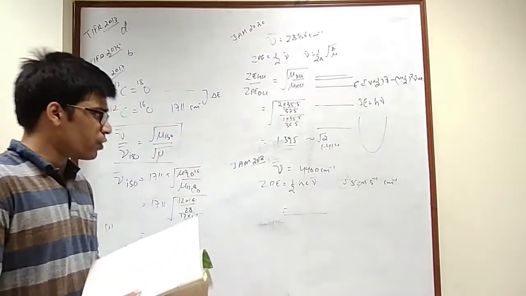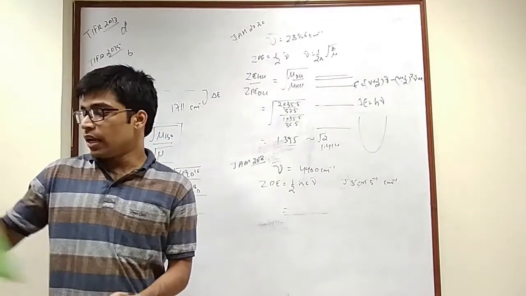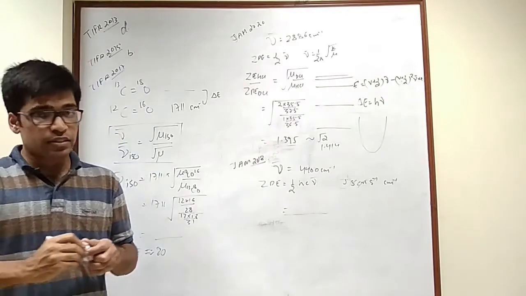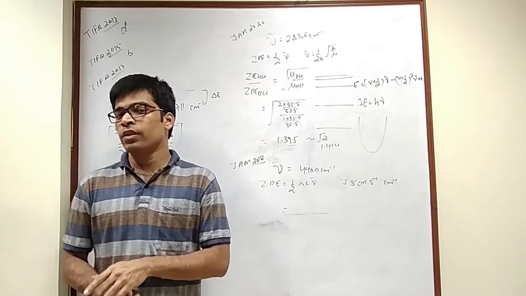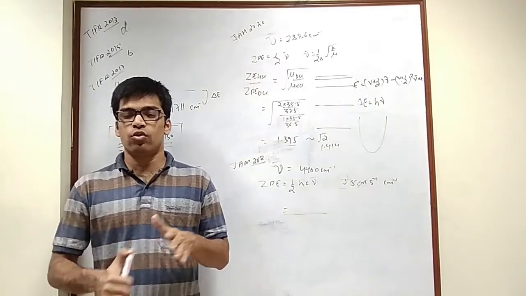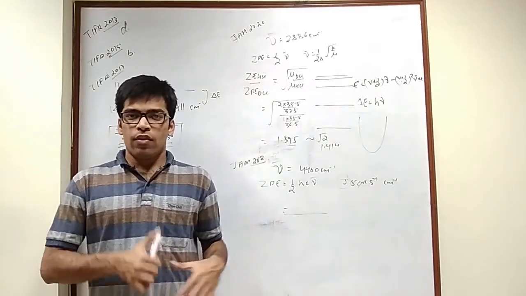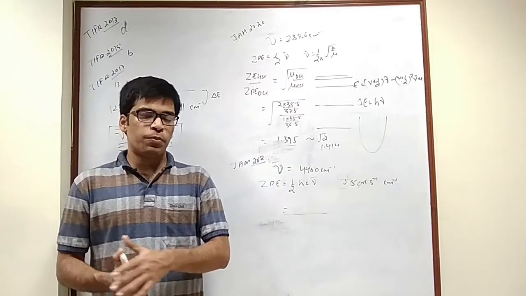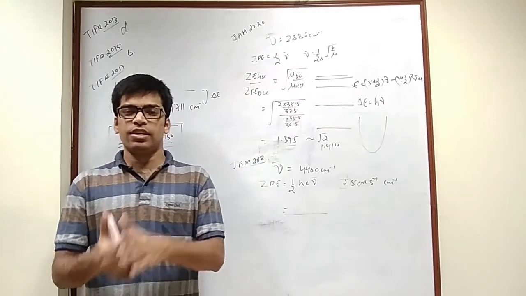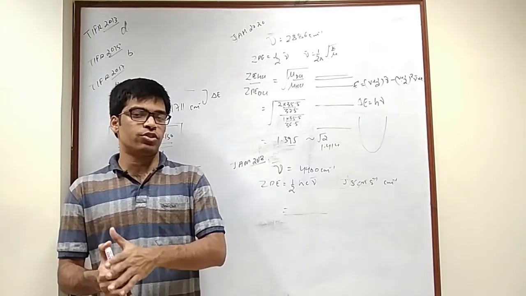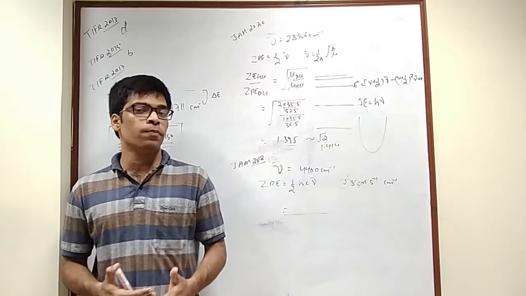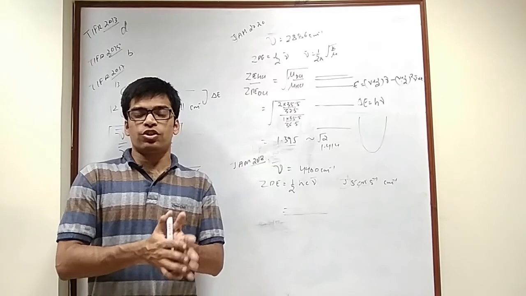Okay, so I think that's all the questions we have from the anharmonic oscillator. You see, very simple questions from just one or two formulas for the anharmonic oscillator have come. Not much is to be done in this case. By this we complete the part on pure vibrational spectra. In the next lecture, we'll be discussing the case of polyatomic molecules for pure vibrational spectra. That is the last part, and then we'll move on to combinations of rotational and vibrational spectra.